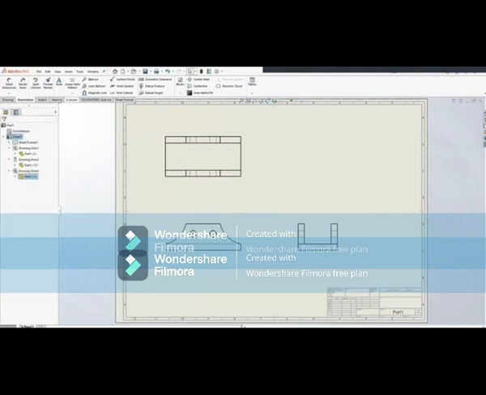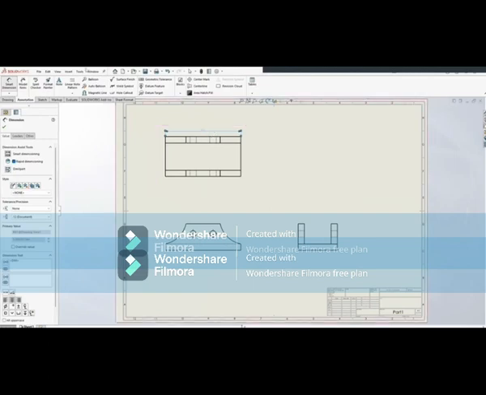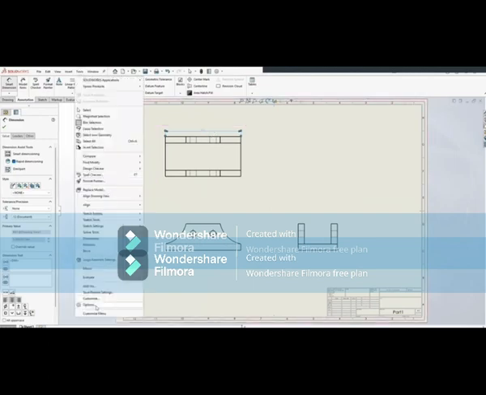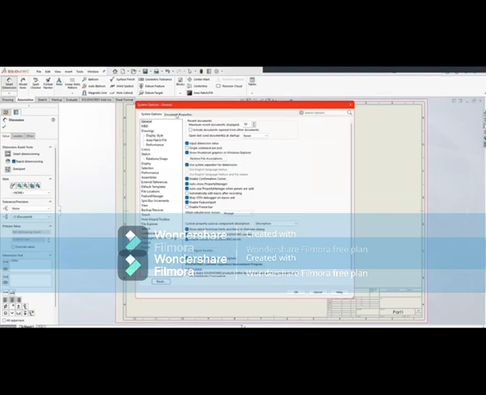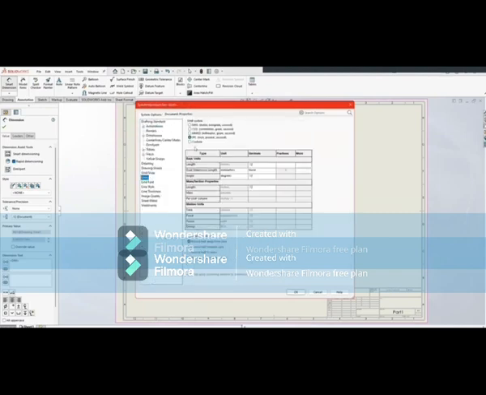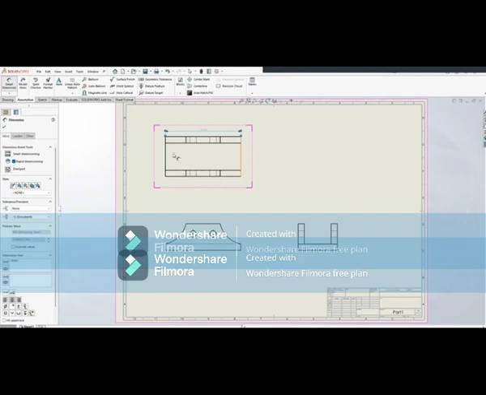Alright, now we put smart dimension here. This part here. Before that, we change the unit first. The document properties to mm. Alright, now